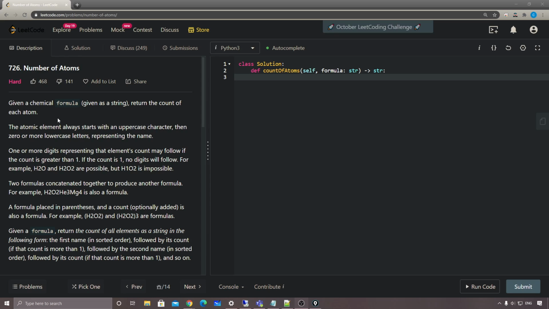So today, let's take a look at this problem, number 726, number of atoms. You're given a chemical formula as a string. Return the count of each atom. There are a bunch of rules for a formula, which means that each atomic element,